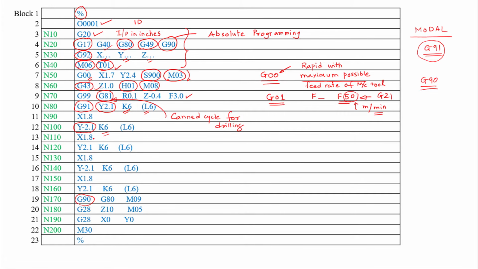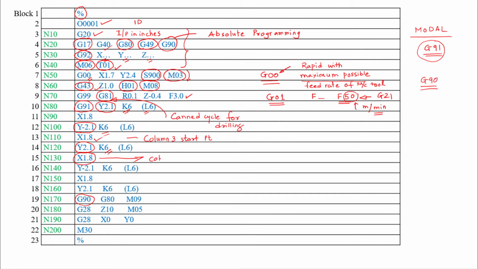Again we are following the same procedure. We are moving in positive x direction and we are asking to drill the hole for column number 3. So this is the column 3 start point. Then column 3 would be processed. We are asking the controller to move in positive y direction by a distance of 2.1 and drill number of holes as 6. Then move in positive x direction by 1.8.